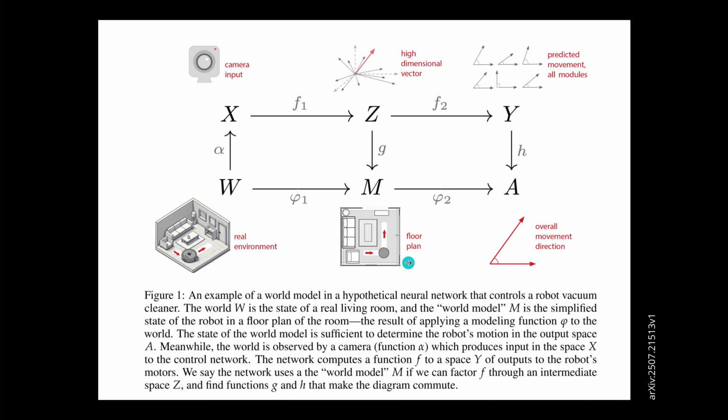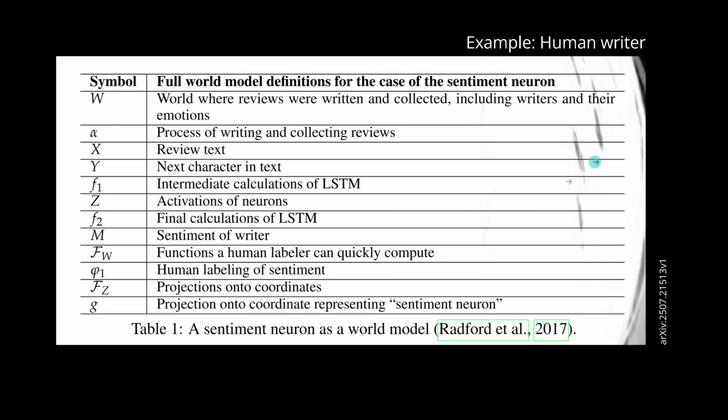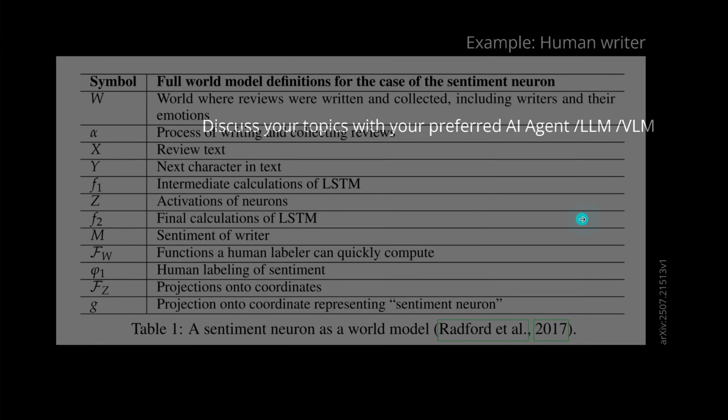So you see, this is now, for this particular AI, the world model M. And then they go here over some mathematical argumentation to say, okay, we have now a camera, we have put everything in a high-dimensional vector, we build an intermediate state Z, and if we have some mathematical mapping, then we can define here a world model. Here you have here the parameters.